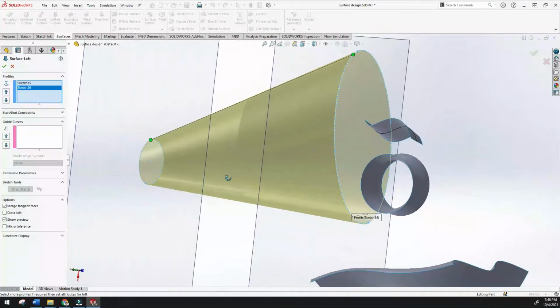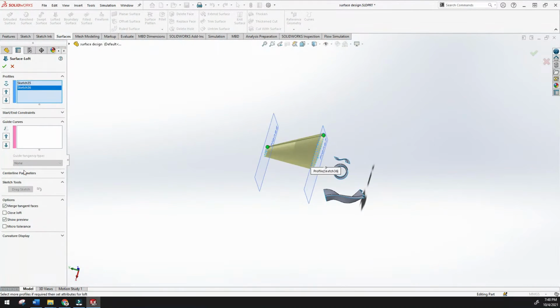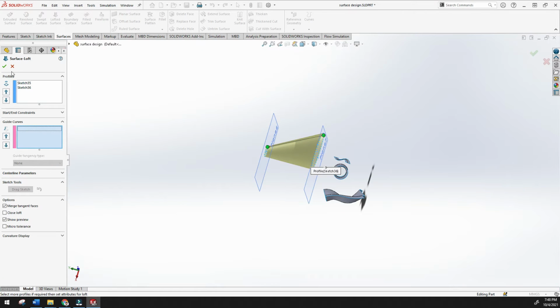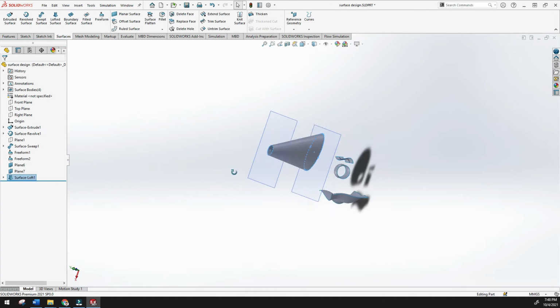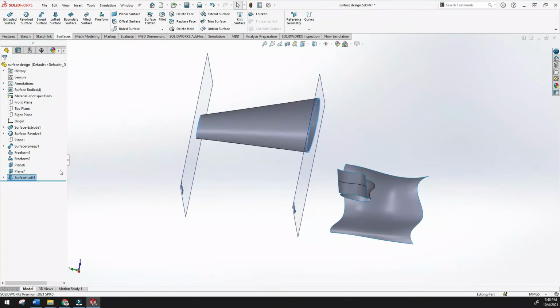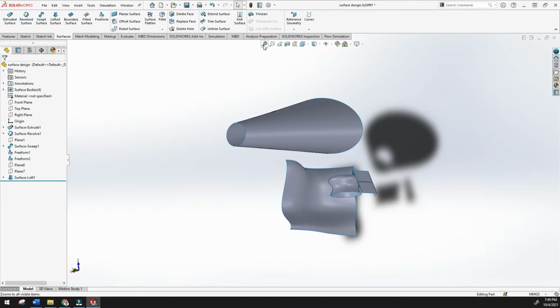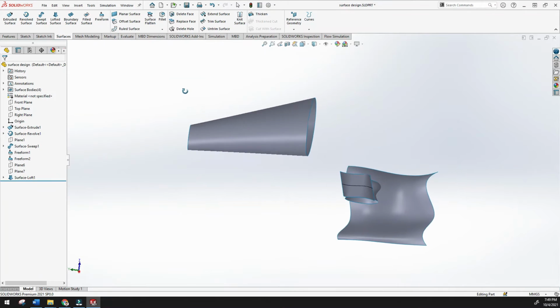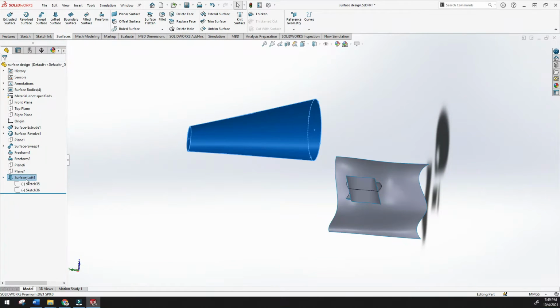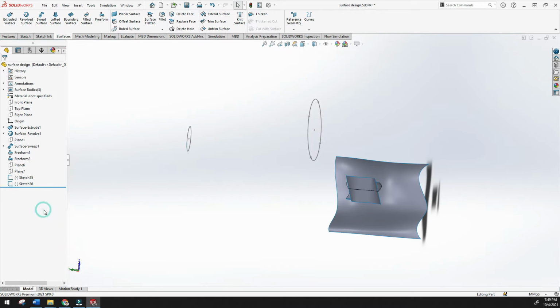Next I will explain the guide curve. First let's see how it is created. Control-select these two planes and hide them. I have hidden them. Now I just want to delete this, and here is a true sketch.